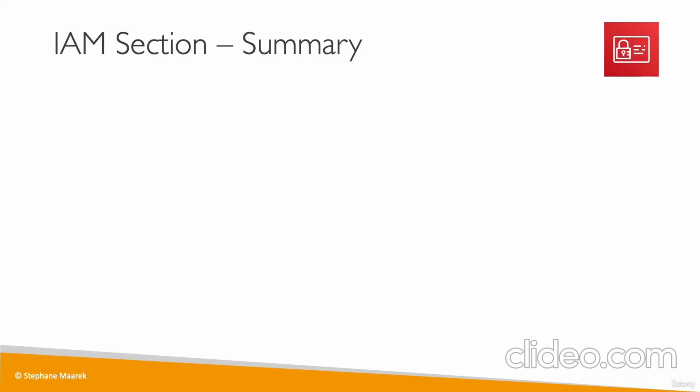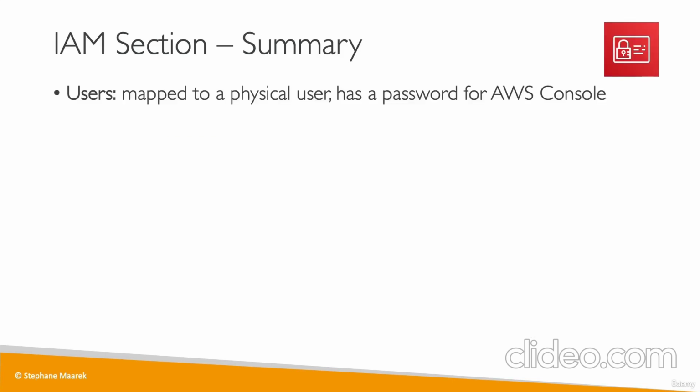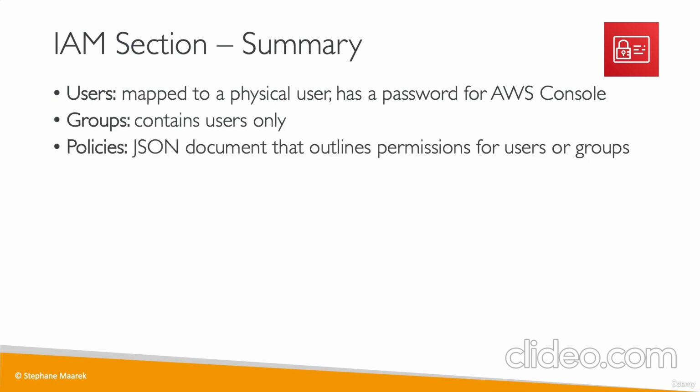So here is a summary for IAM. We've seen IAM users, and they should be mapped to an actual physical user within your company, and this user will have a password for the AWS console. Now we can group these users into groups, and therefore users only. We can attach policies, which are JSON documents that outline the permissions for users or groups. And we can also create roles, and these roles will be identities, but this time for maybe EC2 instances or